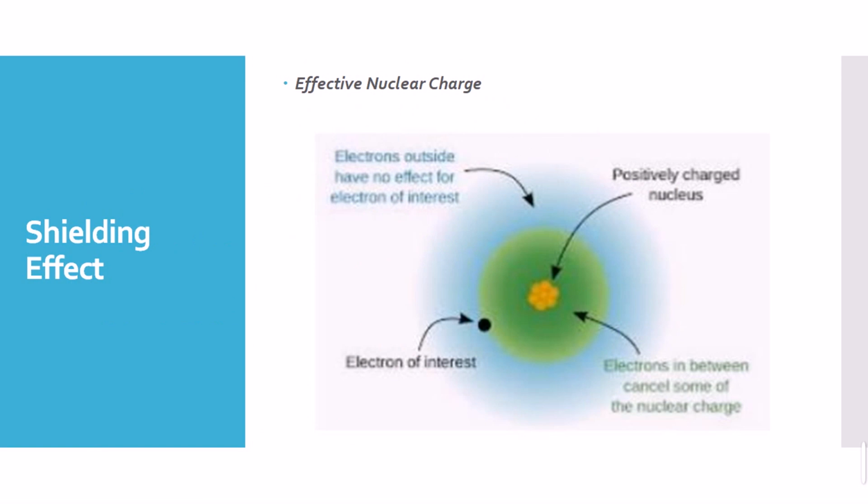Firstly, we have to know the definition of the nuclear charge, that is the effective nuclear charge that is assigned to the atoms by the positively charged ions that are collected towards the center of the atom, which is called the nucleus, and it attracts all the revolving electrons, the intervening electrons and the outermost electrons of the atom. All the electrons that are revolving around the nucleus are attracted towards the nucleus because the electrons have a negative charge and the nucleus has a positive charge, or the collection of positive charge, that will attract those electrons toward itself.